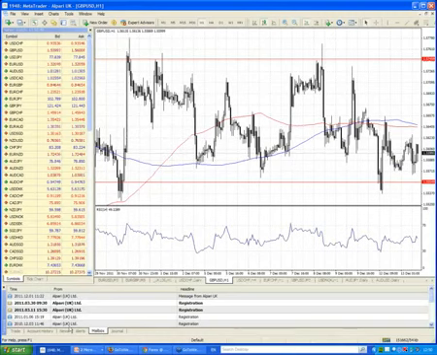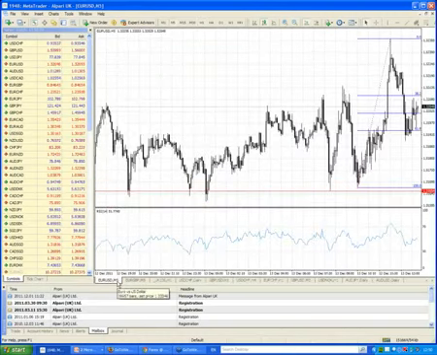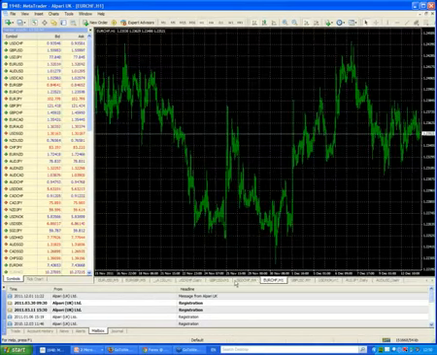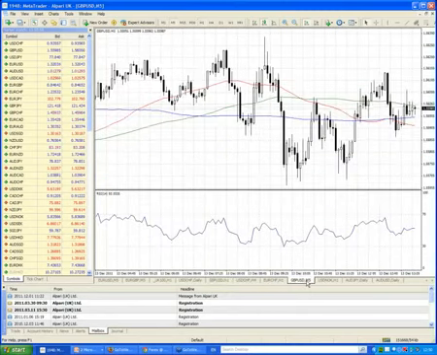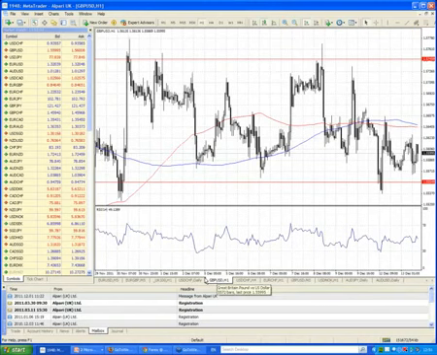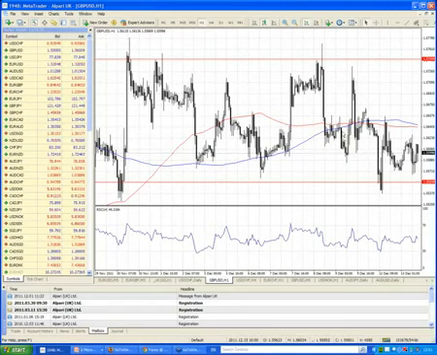Now I tend to have, especially on a daily chart, and let's flip back to MT4. Right, I do have an example of a daily chart somewhere around here. Maybe it is towards the end. Maybe I don't. Okay, anyway, I tend to have a 50, 100 and 200 day moving average attached to my charts. Now, it doesn't matter if they're daily or hourly or whatever. Sometimes instead of 50, some people like to use 55 because of the Fibonacci connections to that. But I tend to think they work pretty well.